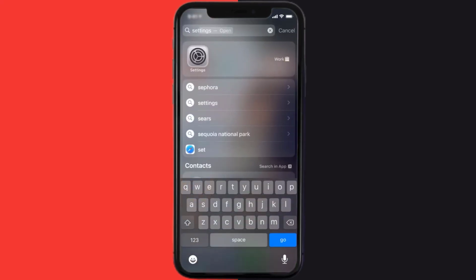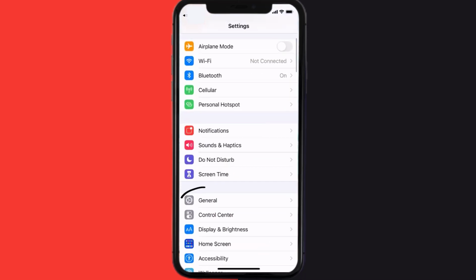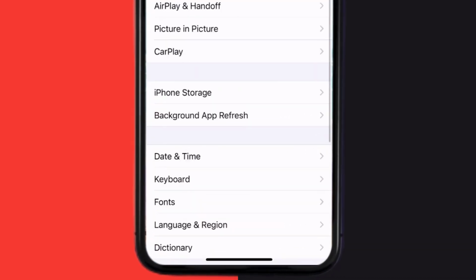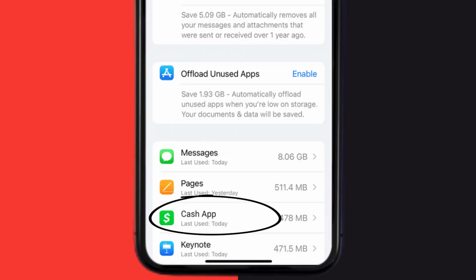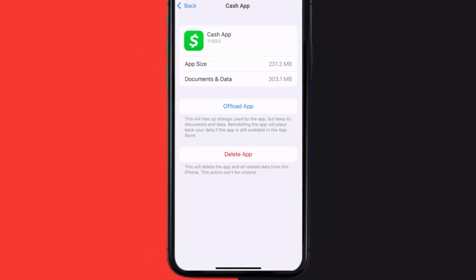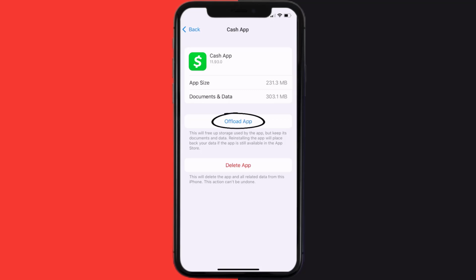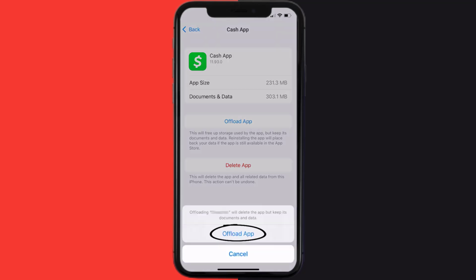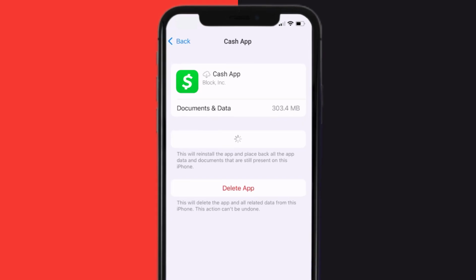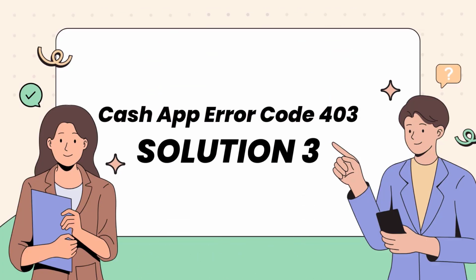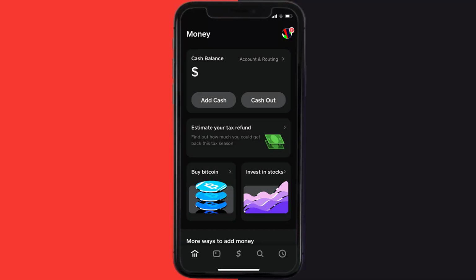Go to your device settings and then scroll all the way down to General and tap on it. Then tap on iPhone Storage. From here, search for the Cash App and then tap on it. Once you're on this screen, you need to tap on Offload App. Tap again to confirm. It'll take a bit for processing, and then a reinstall button will show up. Simply tap on it to reinstall the app. This should fix Cash App error code 403, but if it doesn't, then open up Cash App on your device